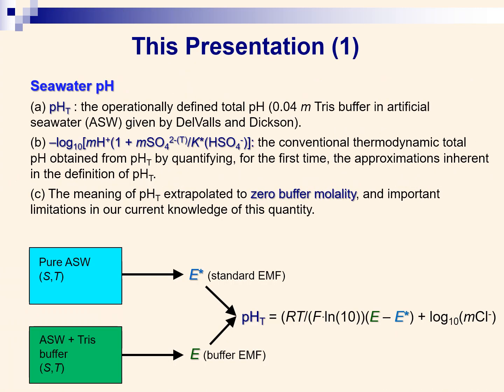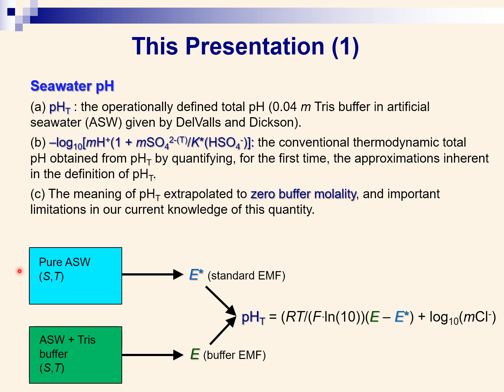In this presentation, we first distinguish the operationally defined total pH, item A, from B, the conventional thermodynamic total pH, which was obtained by quantifying for the first time the assumptions inherent in the operational value. We will also explain the meaning of total pH extrapolated to zero buffer molality and some limitations in our current